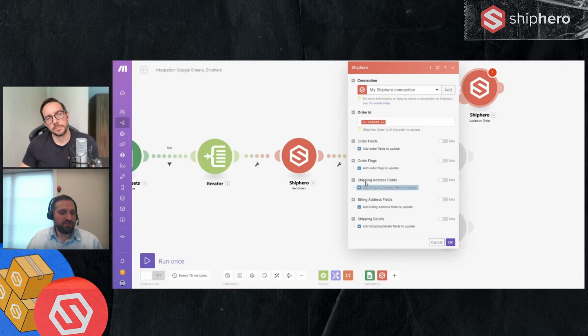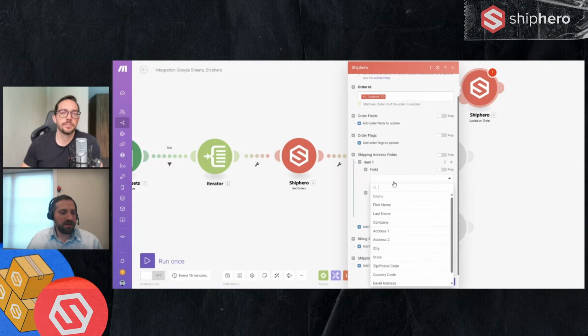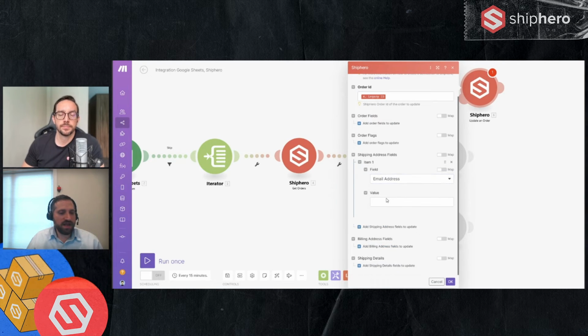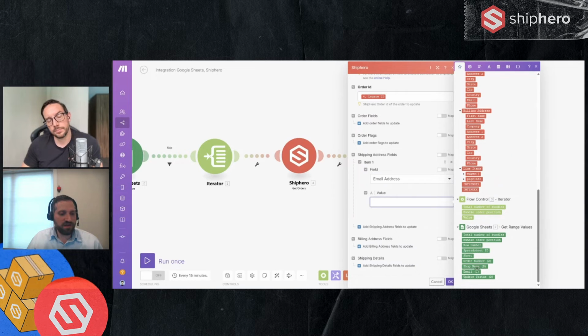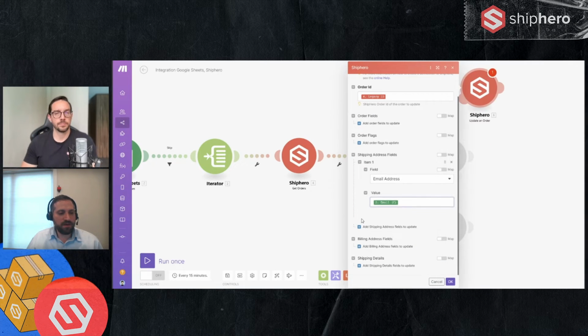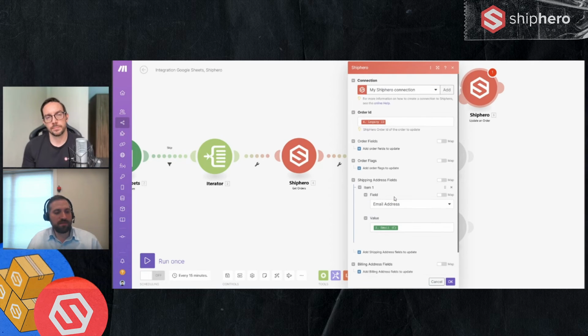Email address in Shapiro comes under the shipping or billing address. So we do the field, email address, and we want to update it with the data from the spreadsheet. We'll scroll down to our spreadsheet and choose email. Basically all this is doing is using the Shapiro API to update the email address of this order.